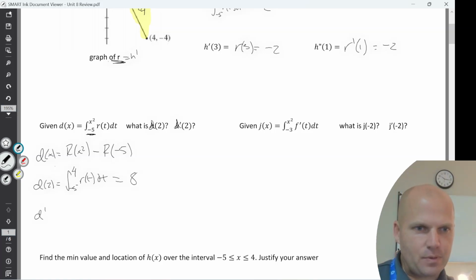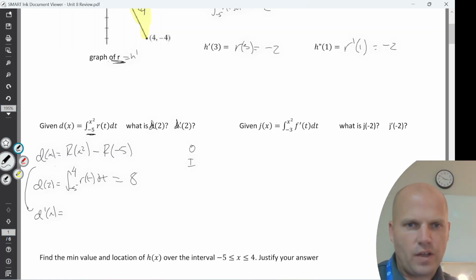But what about d prime? Now don't plug in 2 yet until we understand d's derivative. If you take d's derivative, you have to use the chain rule. The derivative of r of x squared is an O and an I. The O is r, whose derivative is regular r. The x squared's derivative is 2x. It's regular r of x squared times 2x